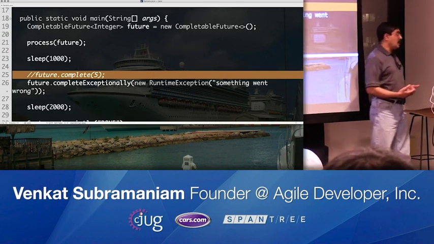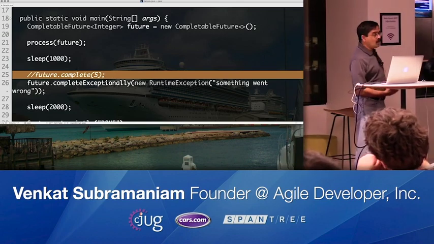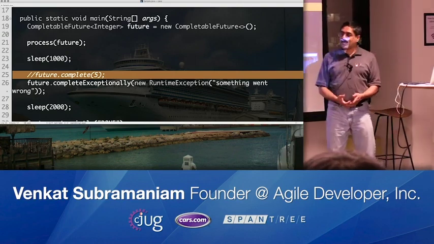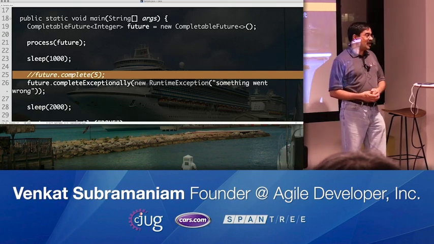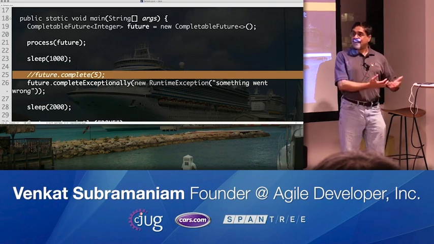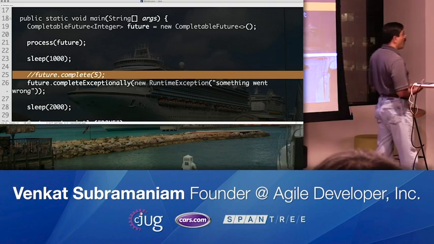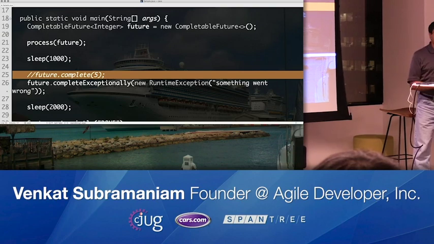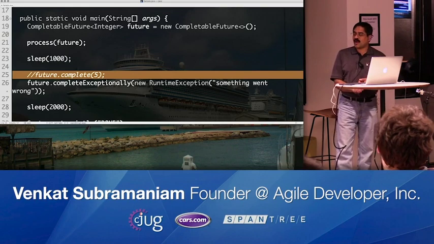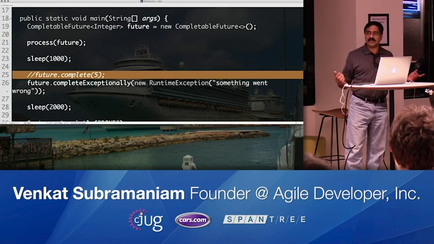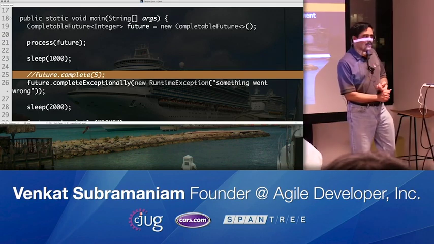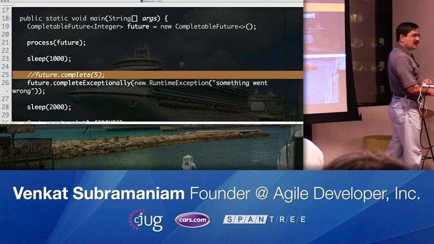So imagine a request comes to your server, and you wanted to find out what a customer's balance is, and you send a request. And when the response comes back, you're going to go back and do more work and maybe send an email to the customer or update another system. If something went wrong, you're going to deal with it properly. But what if you don't get a response at all? Maybe it's taking longer, but how long is it going to take? I don't know. What if it's taking forever to respond? Well, that kind of leaves your system in a pickle, isn't it?